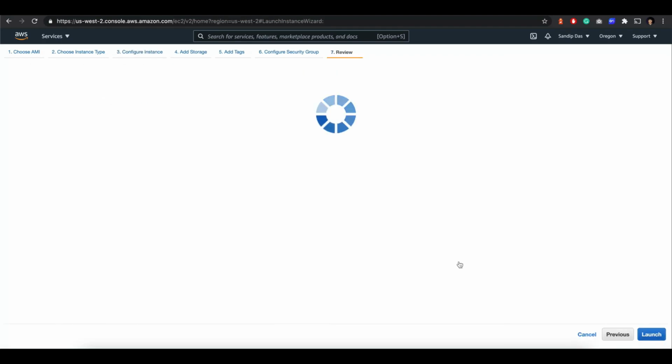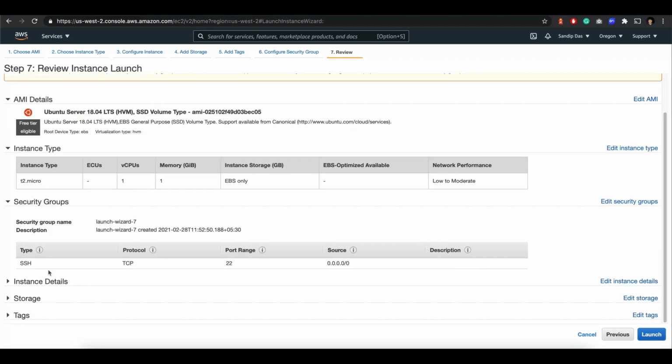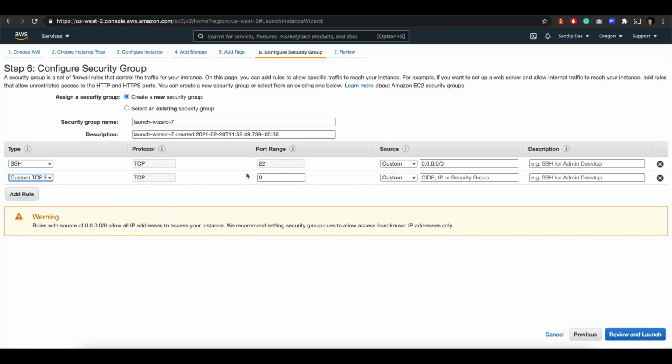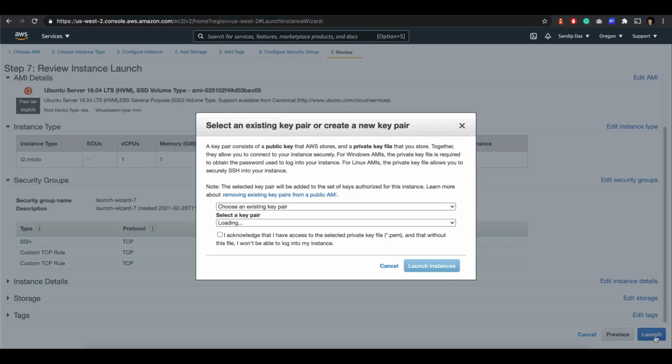And here, see, we are allowing SSH on port 22. We need an additional port to be open, that is port 3000, so that we can run our Node.js application. I have programmed it to run on port 3000, but you can program it to any port. But let's say port 3000 it will be running on, and so we are allowing port 3000. Again, I will disable this one later, but not now. It should be anywhere. Okay, review and launch, and we are good to go.